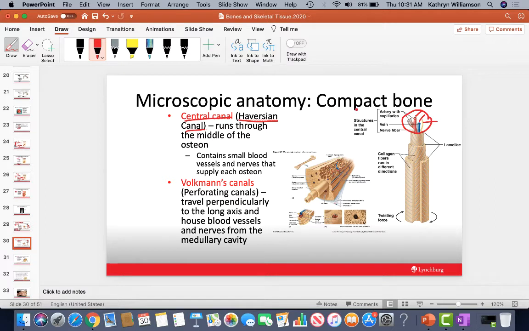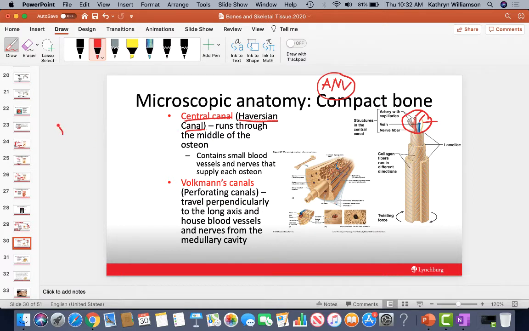running in it, and you'll find that this is a threesome that happens quite a bit in the body. So we're going to frequently have artery, nerve, and vein all running together in structures. And so that's what we see here. That's what's contained in that central canal. And so that's running parallel to the osteon. And then we're going to have other